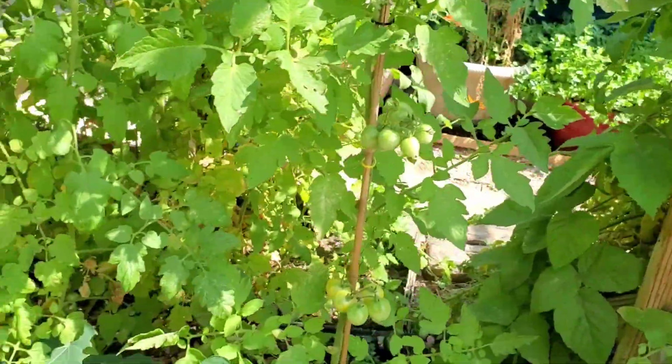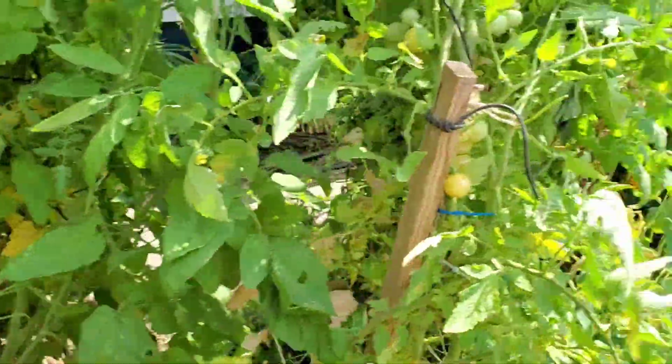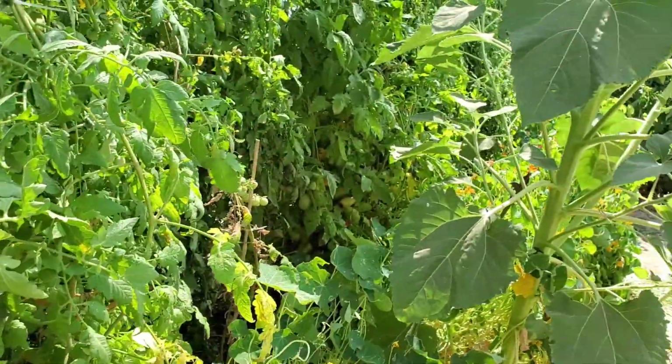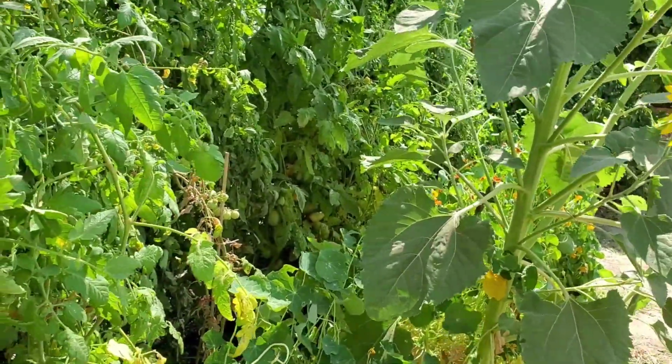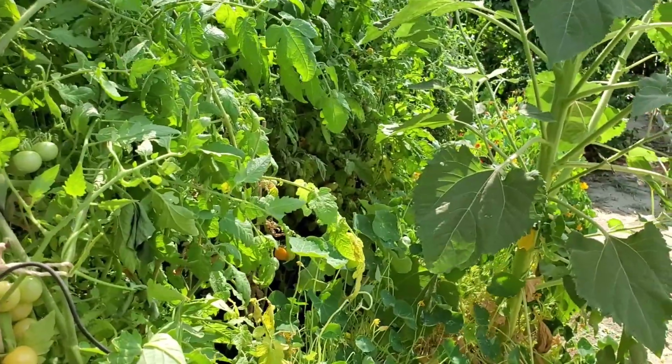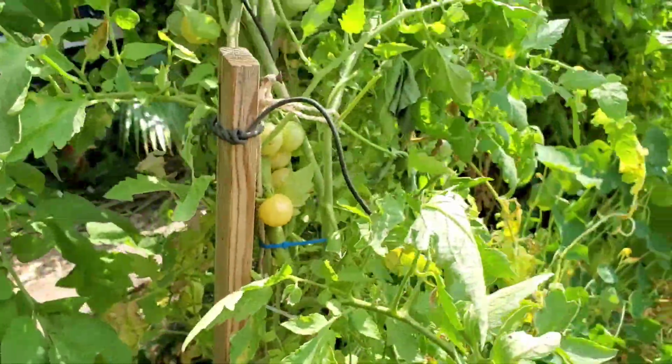Nice, sweet and sour at the same time. All right, so let me see what else I'm going to show you. Look at this. It's my food forest right here, packed with tomatoes, peppers,